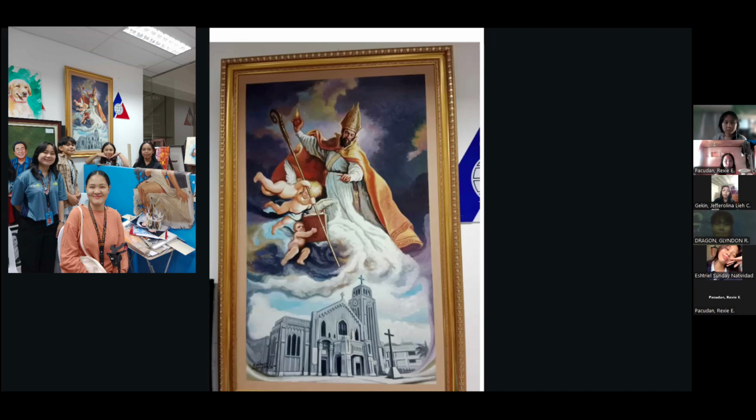In the lower half of the painting, there is a large church, also a religious symbol. The contrast between the bright, colorful sky and the muted colors of the church could symbolize the contrast between the spiritual and the material world. This painting appears to be in a very realistic style, and the artist has used detail and skill in depicting the figure of the saint, the cherubs, and the church.